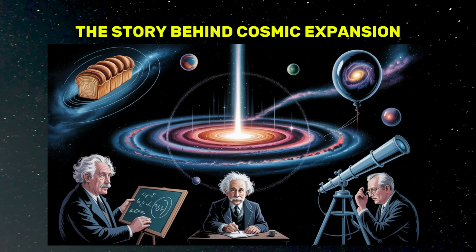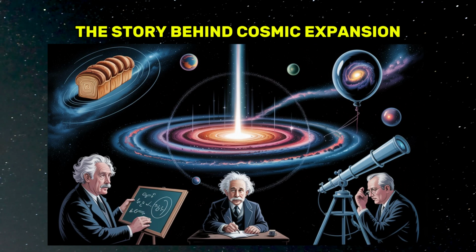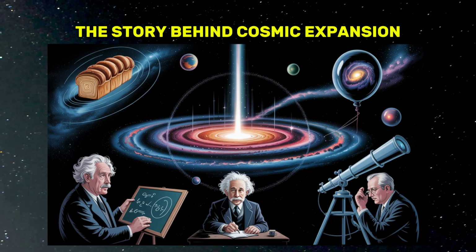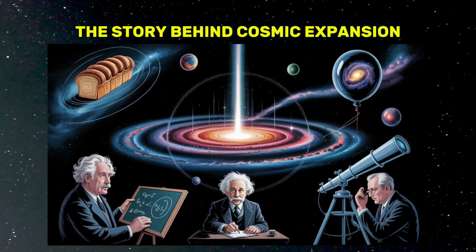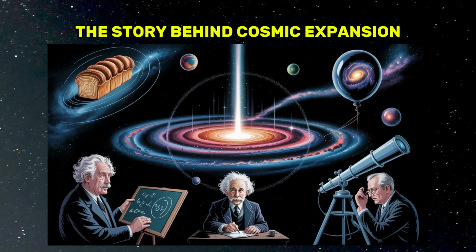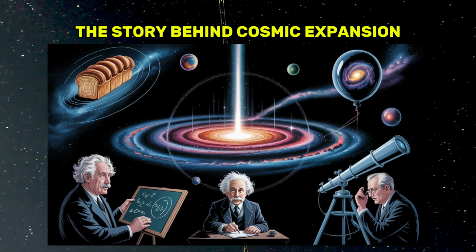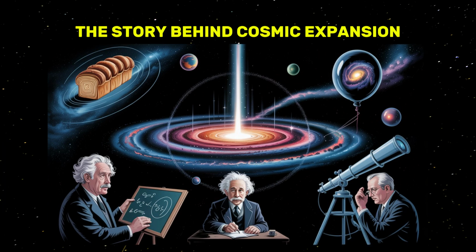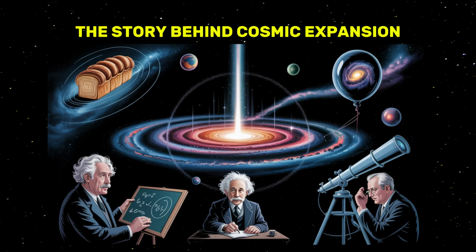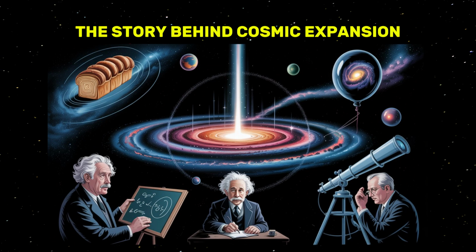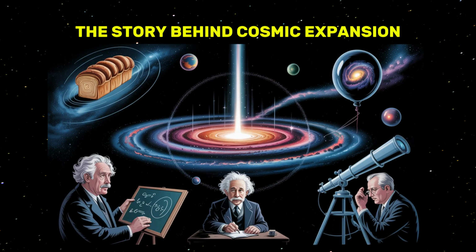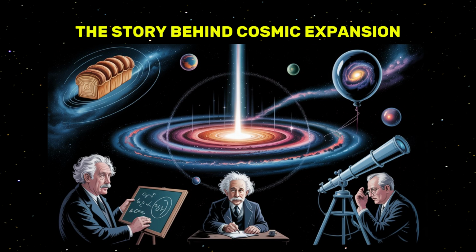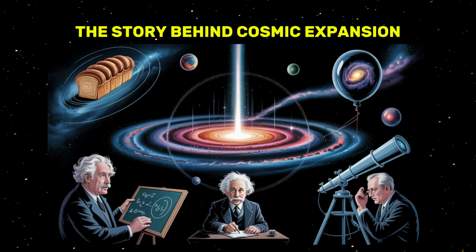One of the most powerful confirmations of the Big Bang came by accident in the 1960s. Physicists Arno Penzias and Robert Wilson, working at Bell Labs in New Jersey, were testing a giant antenna designed for satellite communication. But their experiments were being disturbed by a persistent, unexplained hiss of static that seemed to come from every direction. They tried everything, even removing bird droppings from the antenna, to eliminate the noise. But the hiss didn't go away.